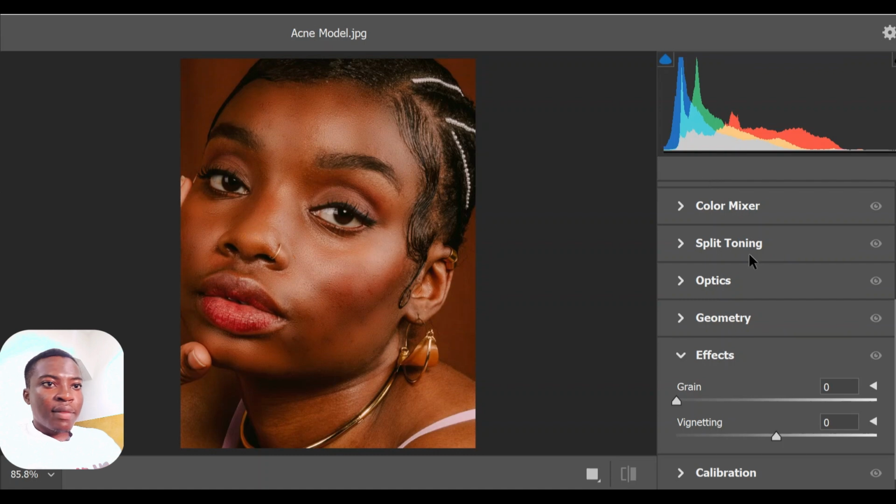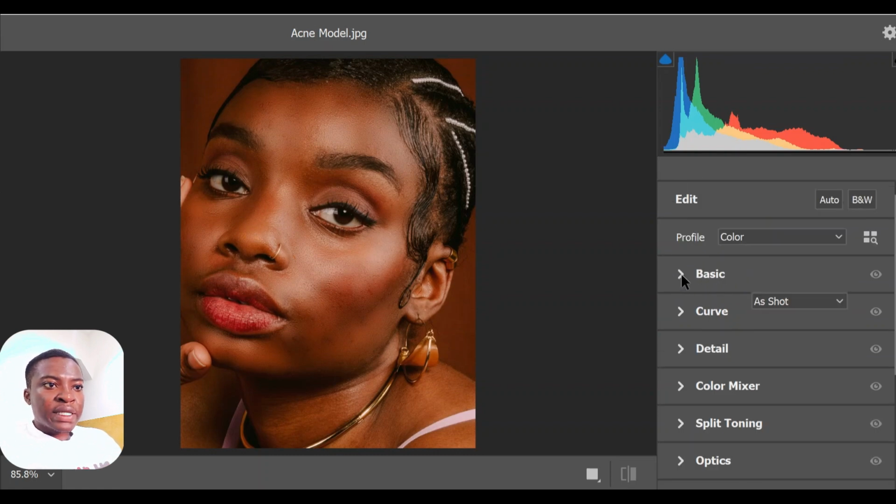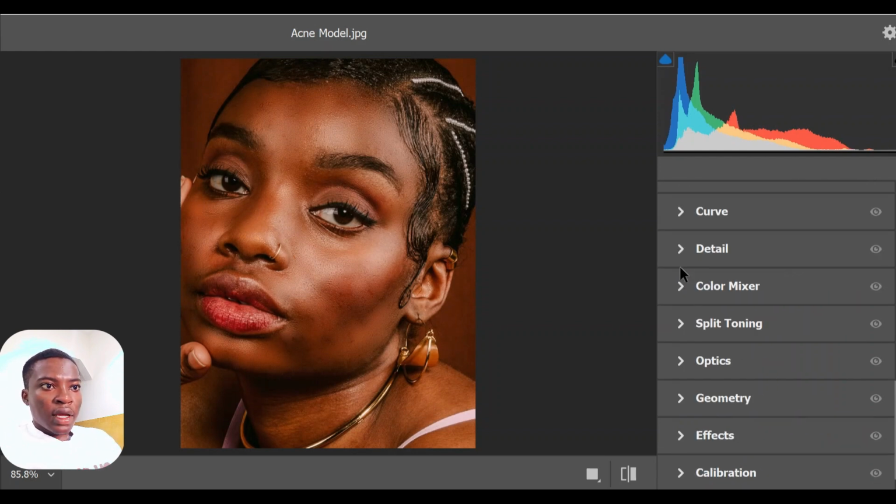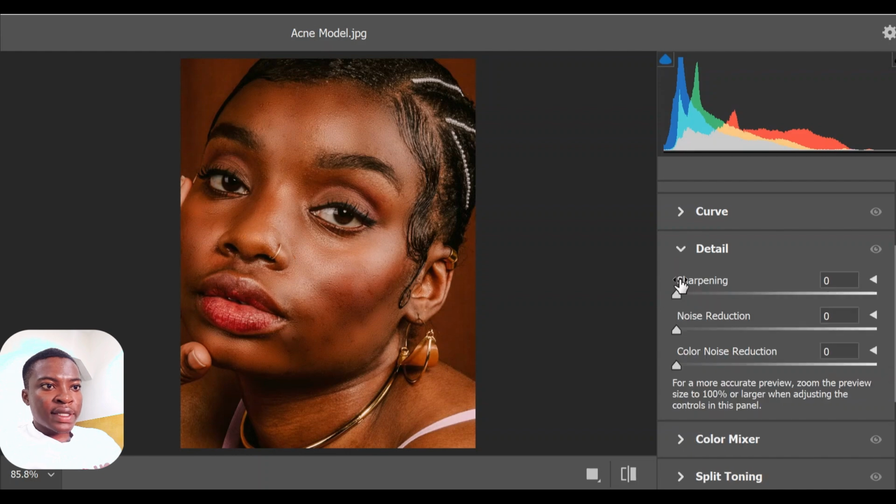Now you want to change a few values. Come to basic, and with this one I'm going to increase the clarity a little bit. So drag your clarity up a little bit and be looking at how it affects your image. I think I'm going to keep the clarity at 40, which is okay for my image. And then I'm also going to add some detail to it. With the detail, I'm going to add the sharpening to sharpen the image a little bit, and this helps to bring out the texture a bit better. So I'm going to keep the sharpening at say 35,